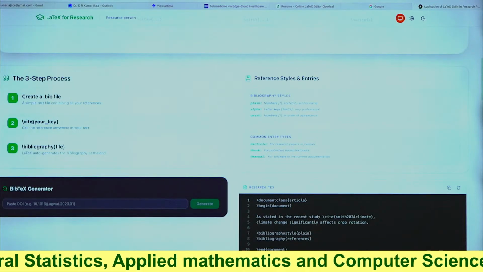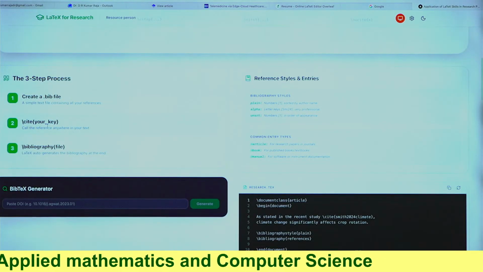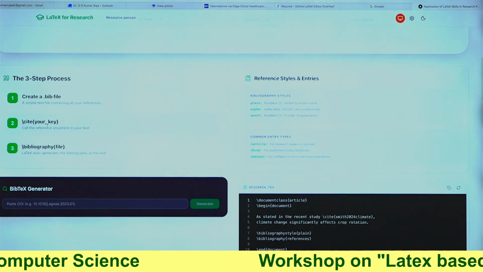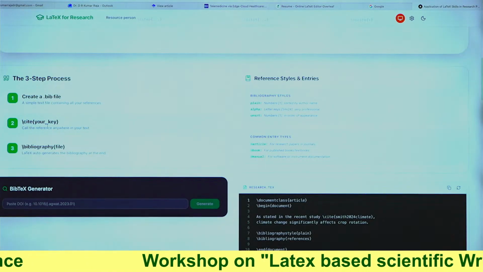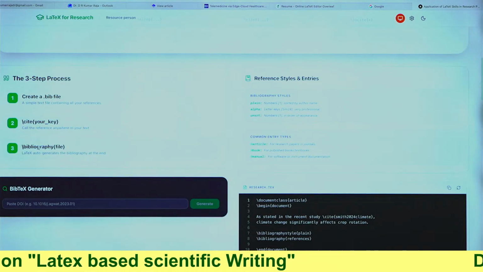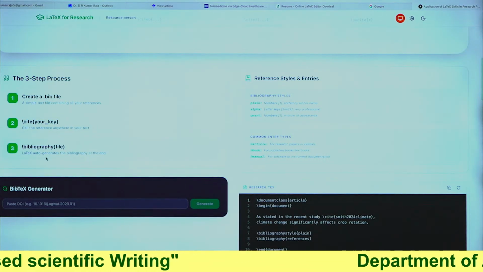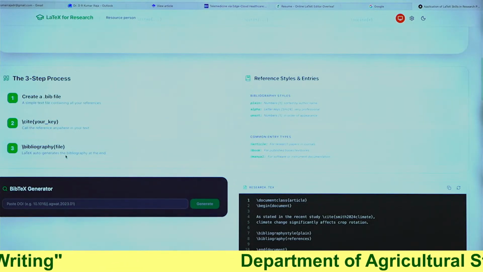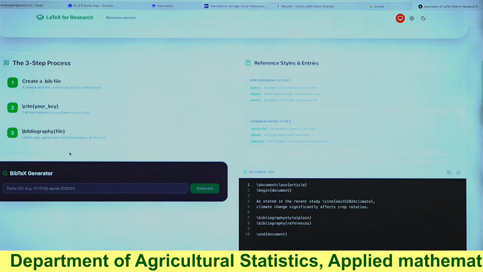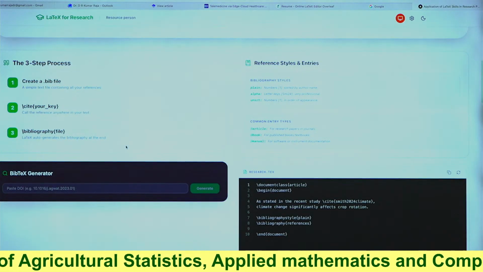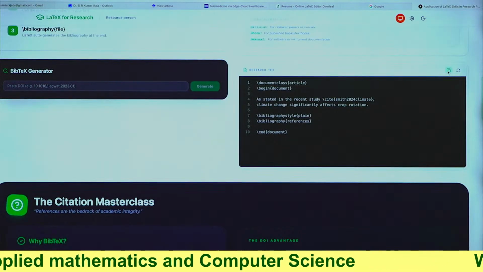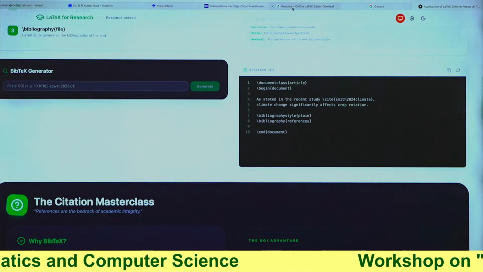Here, \cite. Wherever you want to cite this article, you need to give this command \cite and then the article key. After that you need to include this command also, \bibliography and the file, which will create the references at the bottom of your article. Now for your ease, the code is available here. You can just copy this code and go to your